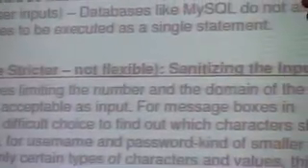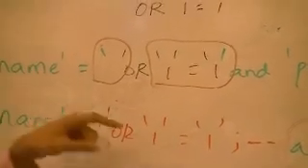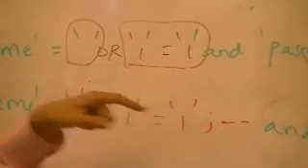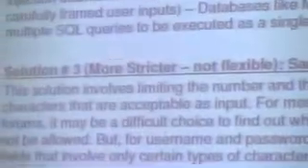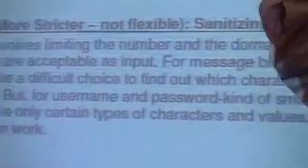Another way, which is a stricter way, is this. If you want to prevent the SQL injection attack, you have to parse what the user entered. The user entered input should not have special characters like the single quotes, the semicolon, or the hyphen, any of this. So you should really come up with a set of characters that are not allowed. That is what is called sanitization. Sanitization means going through the input and making sure those special characters which could have the vulnerability of causing SQL injection attacks are not allowed.